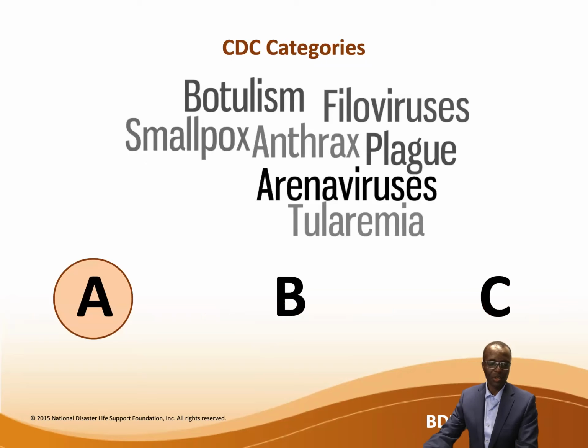The CDC categorizes potential bioterror threats into three distinct categories in decreasing severity and priority. Category A is the highest category and the one we will touch on here. Category A is the highest national priority. The bioterror agents listed in this category have the following characteristics: